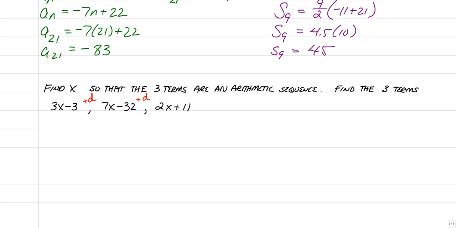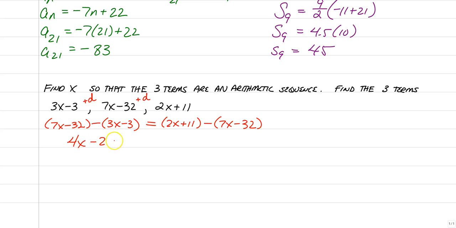So that's all we need to do here. We just need to take the middle term, 7x minus 32, and subtract the previous term from it, 3x minus 3. And set that equal to our last term, 2x plus 11, and subtract the previous term, 7x minus 32. And now it's just an algebra question. So you distribute, combine your like terms. So 7x minus 3x is going to give us 4x. Negative 32 plus 3 is going to give us a negative 29. Is equal to 2x minus